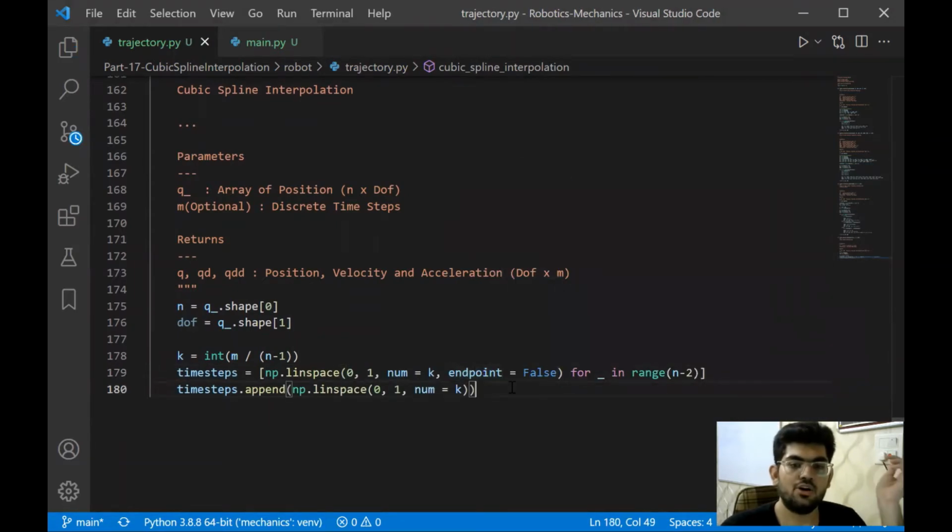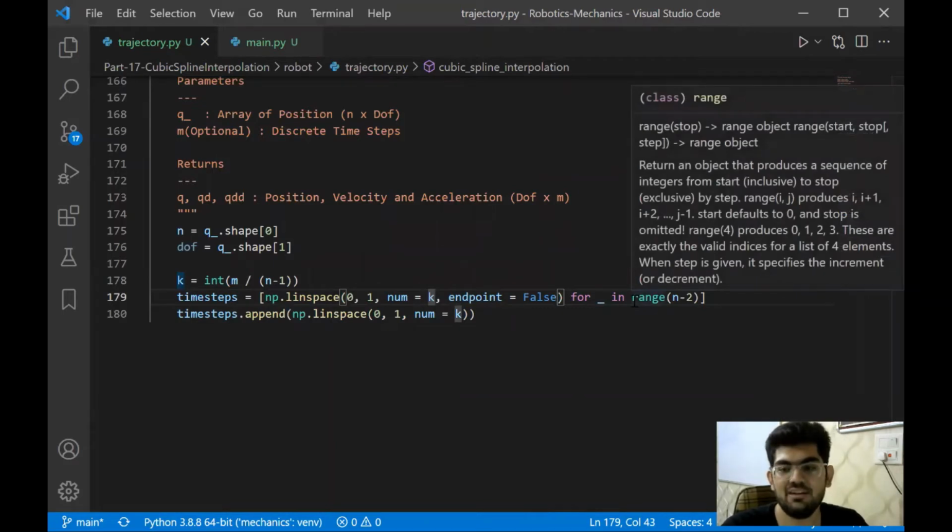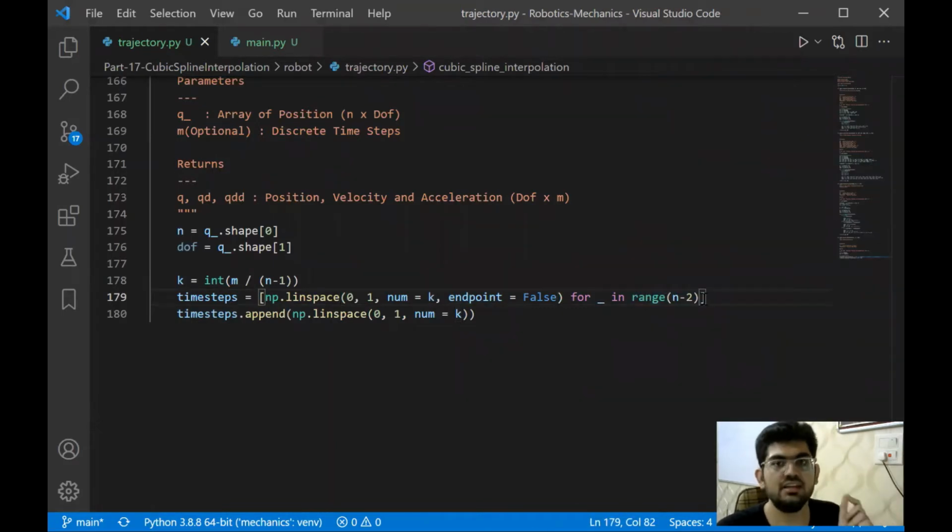Okay, all right, now why we are doing this. The usage of endpoint will be clear after we have gone through the code. Let's just first assume that endpoint equals false is just a thing that we have done. Earlier, while we were interpolating from 0 till 1, we were including 0 and 1. Endpoint equals false does not include 1. So we are going to segment 0 till 1 excluding the number 1. That's how we're going to segment it. And the number of points in each segment is going to be equal to k. And we're going to do this n minus 2 times.